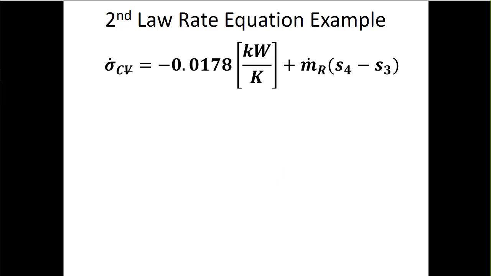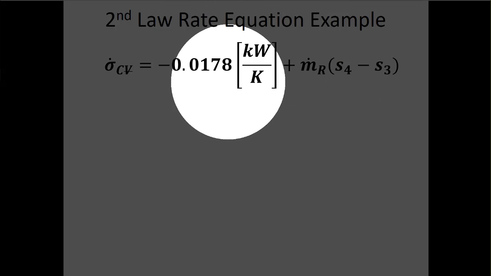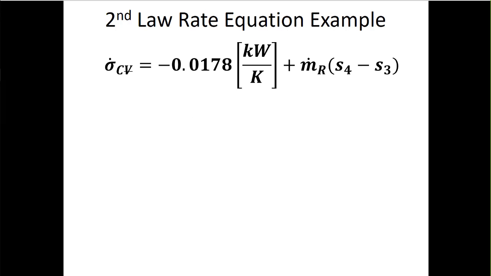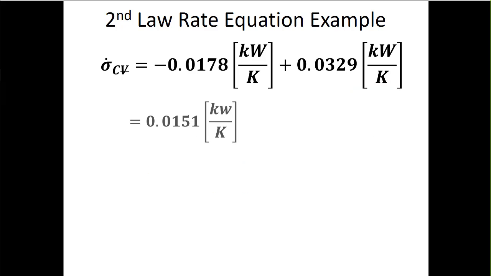But we want this part here, because the refrigerant is heating up, we need it to be bigger than the entropy, the reduction in entropy on the air side, right? So here we put in some numbers, and we can see that the whole thing is